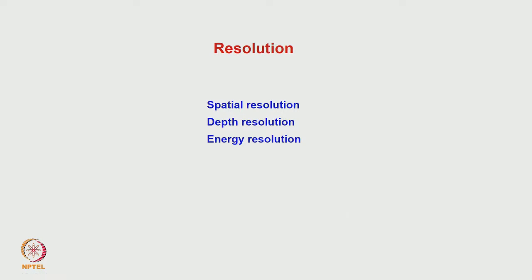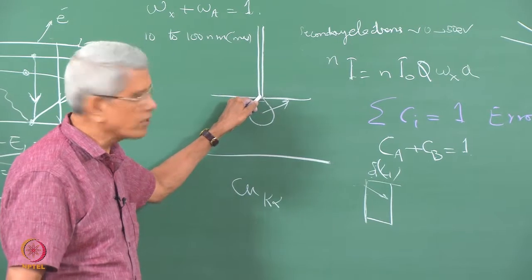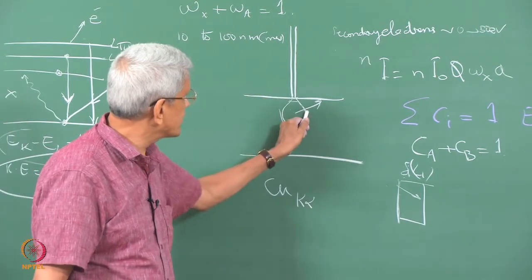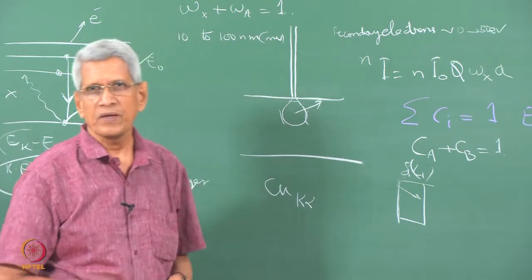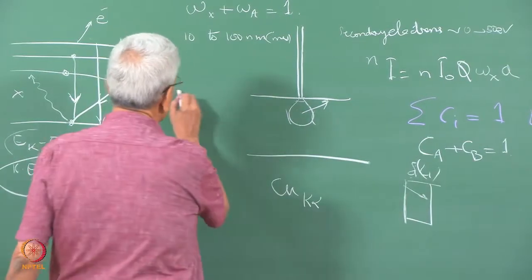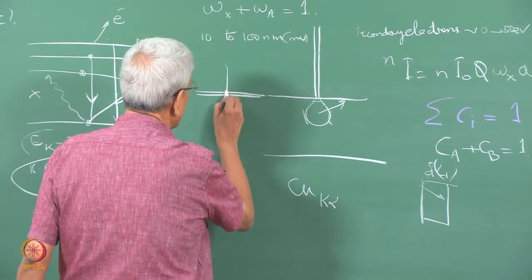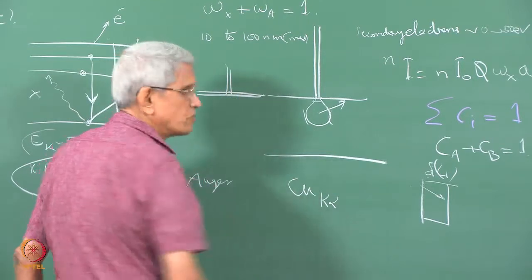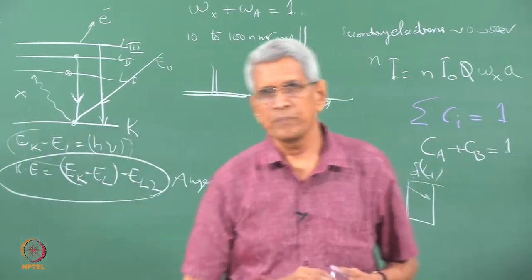Then let us talk about resolution. What are the types of resolutions which we look for? We have already discussed this, I am just trying to point it out. One, since we use an electron beam, is spatial resolution, which is important. As I had shown earlier, even though the spatial resolution of the beam is very small, as far as X-ray is concerned, this is what the spatial resolution is in the case of SEM or in EPMA. Whereas in the case of TEM, since the sample is very thin, the X-ray is coming from a very small region, so the spread is very small and the spatial resolution is very good.